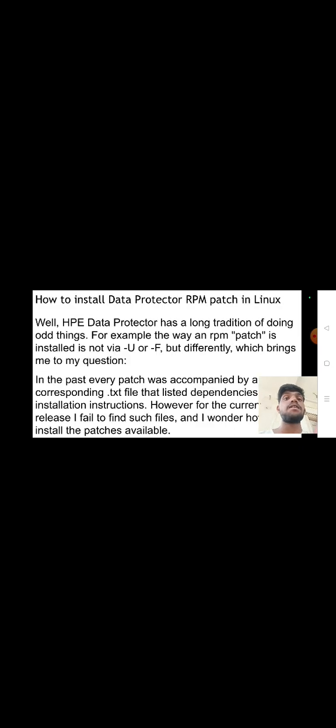License keys are entered once the installation is complete via the license inventory in the UI. See How to add a license in the user guide. How to install Data Protector RPM patch in